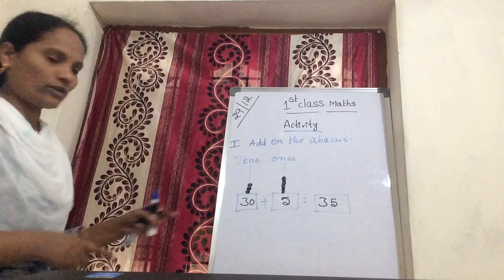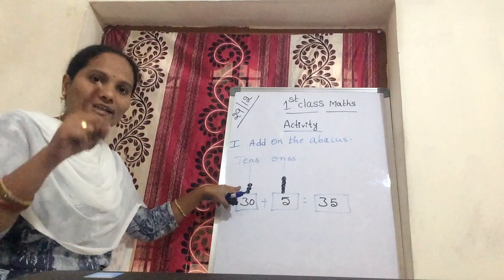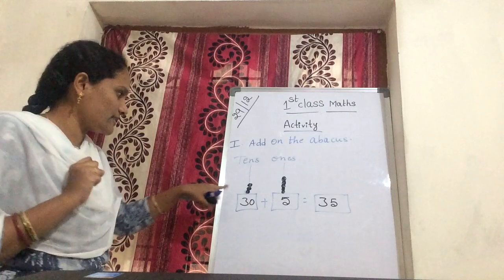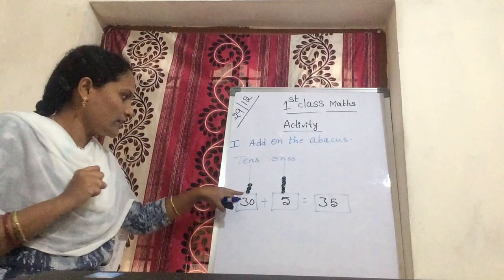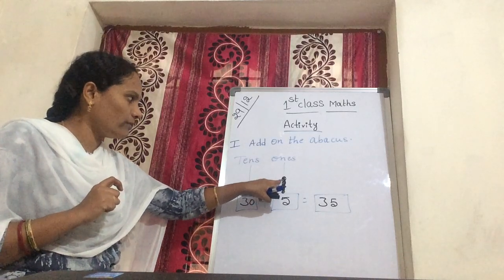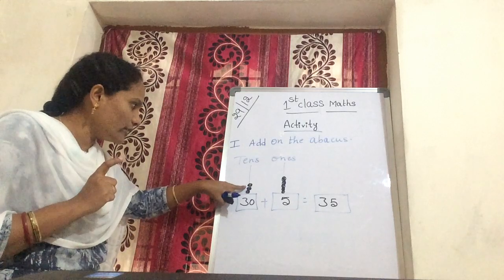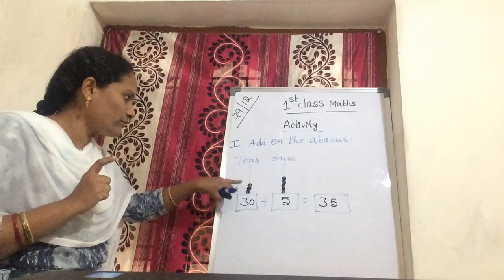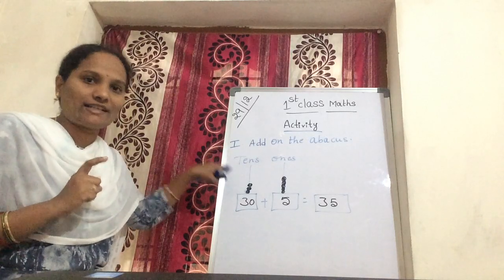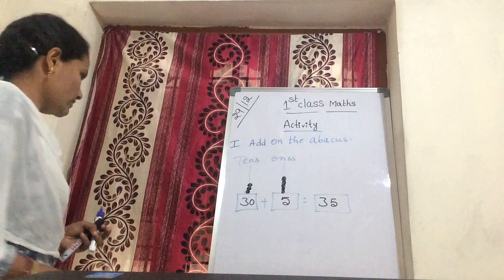Keep tens in your mind. In tens, one bead is equal to 10. Here 3 beads give 30. In ones, how to count? 1, 2, 3, 4, 5, 6 like this. But in tens you are counting 10, 20, 30 like this: 10, 20, 30, 40, 50 like that, because this is in the tens place. Now next one.